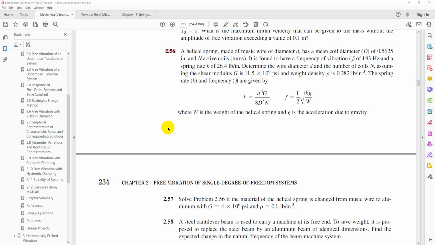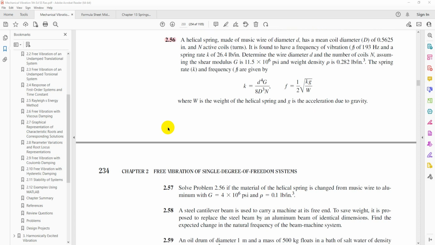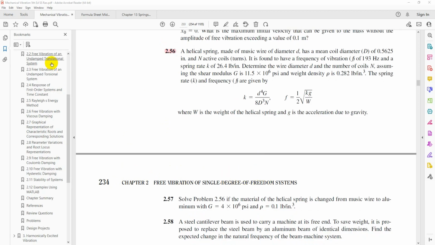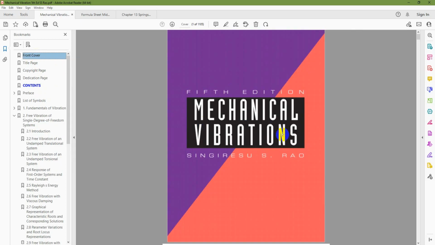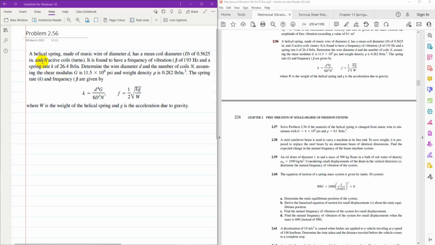Hello everyone. This video tutorial is the solution of problem 2.56 of chapter 2, free vibration of single degree of freedom system, from Mechanical Vibrations by S.S. Rao, 5th edition. The statement of the problem is: a helical spring made of music wire of diameter d has a